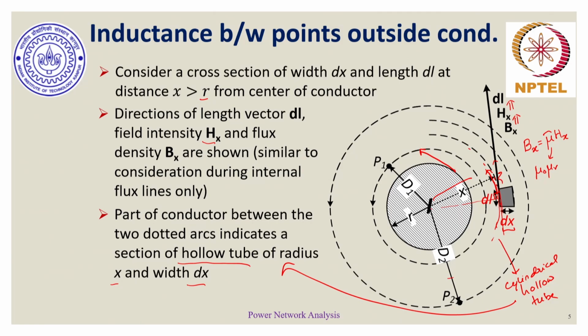Reason being, magnetic flux lines are always closed loop lines, they are concentric lines, they are parallel to the surface of the conductor which is carrying the current I. So that's also another reason why h of x is along the tangent, and if h of x is along the tangent, permeability remaining constant, b of x would also be along the tangent. So we have to understand that this magnetic field density or flux density is not along the length